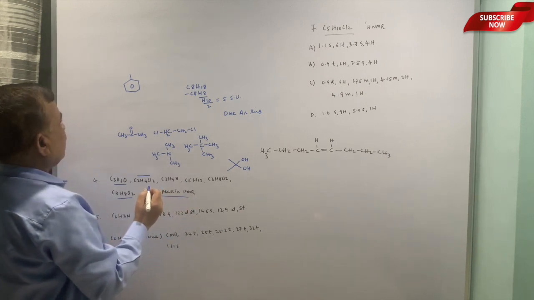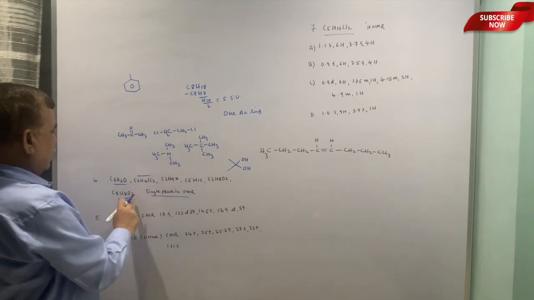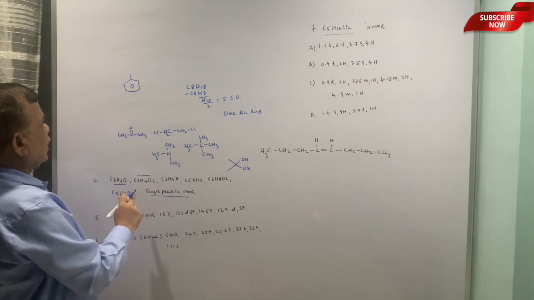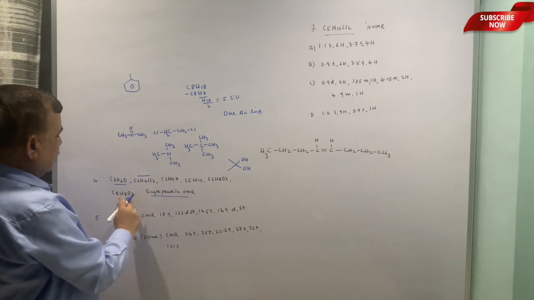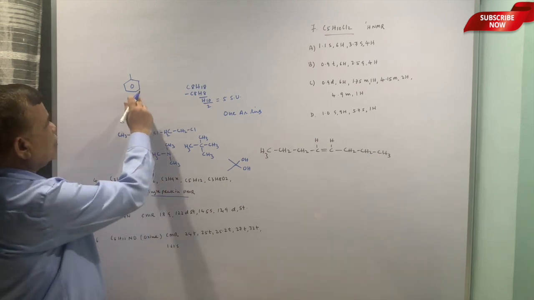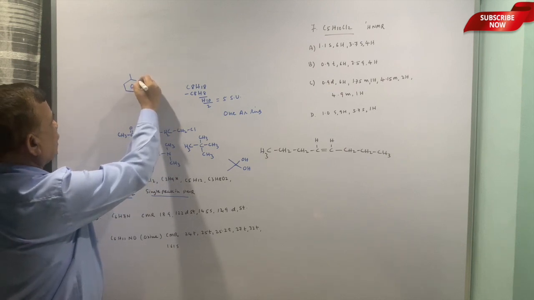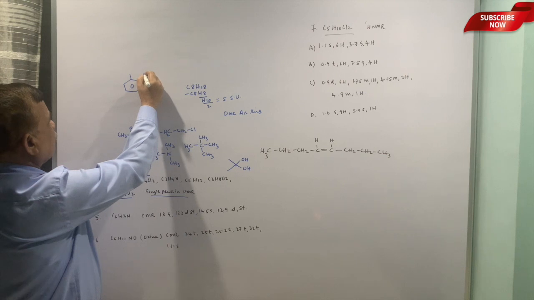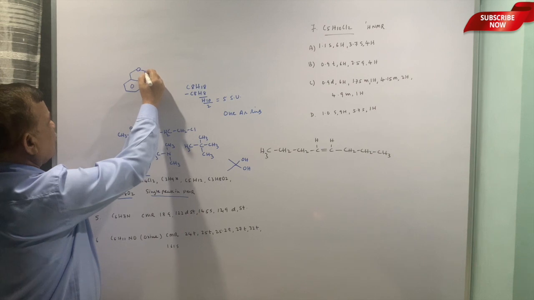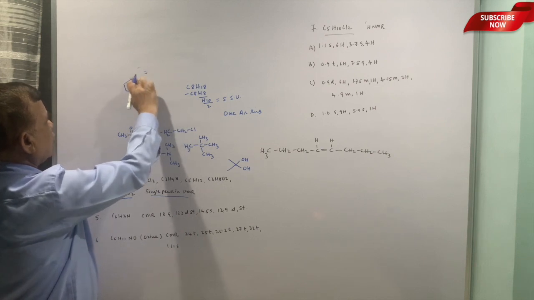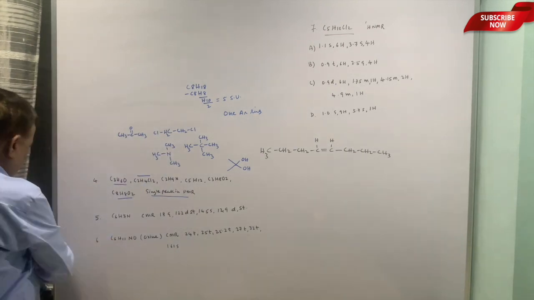So where will a single peak be there? Only when the protons are chemically equivalent. So C8H8O2, 5 sites of unsaturation means you are supposed to put this ring. This is one structure I am putting, but this may not be correct. We will come to this later. Let us solve the remaining examples.